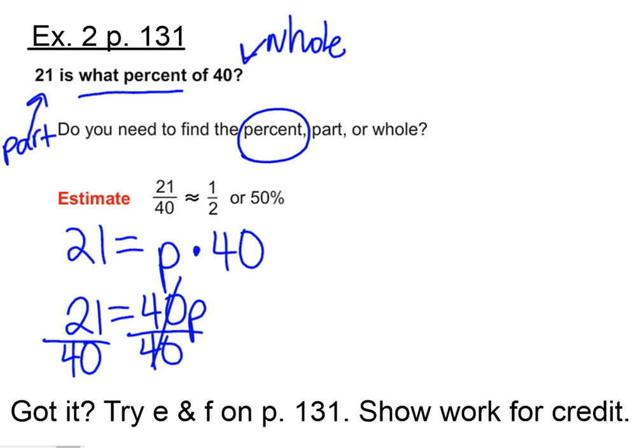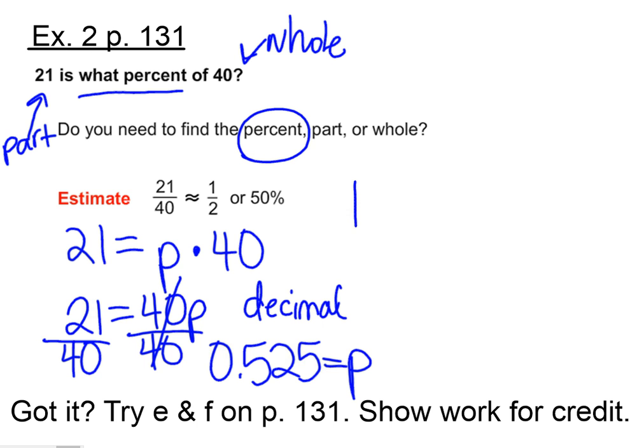Using your calculator, type in 21 divided by 40, and you get 0.525 equals P for the percent. Now this is in decimal form, but we need to change the decimal to a percent. So that means we need to move the decimal 2 places to the right, or multiply it by 100 to change it into a percent. So to do that, I'm going to move it to the right again, put my point. So the percent is